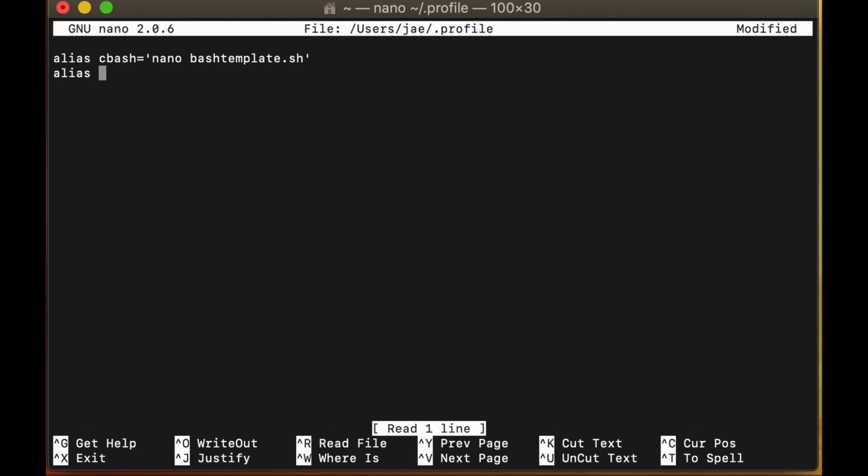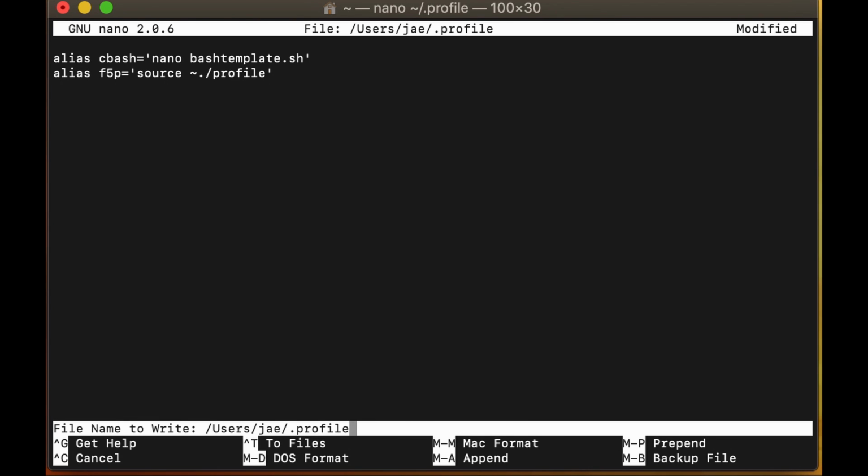So F5 for refresh and then P for the profile. So alias F5P equals, and then single quotation, and then we're going to type out the bash command, which was source space ~/.profile, and we're going to close the command out with the single quotation, and then Control X,